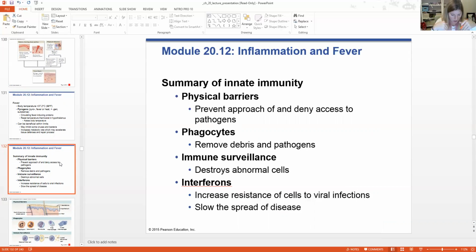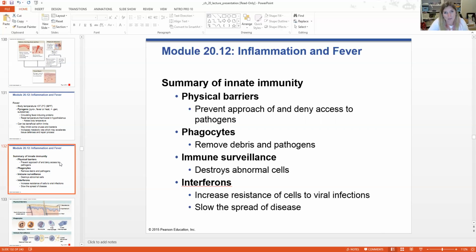I have a graphic organizer, but I'm not going to draw it for you. I want you to do it. In the center, you have innate immunity or non-specific defenses. It's all the same, right? Off of it, you're going to have a branch for physical barriers. Off of your branch for physical barriers, you're going to have a couple different types of physical barriers, like the epithelial linings, your skin, your hair, your glands, right? All of that. Then you have phagocytes. Then you have immunological surveillance, interferons, right? All of these things that we just talked about, fever, inflammation, all coming off of this graphic organizer.